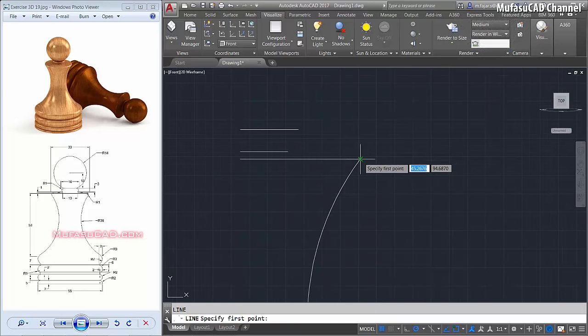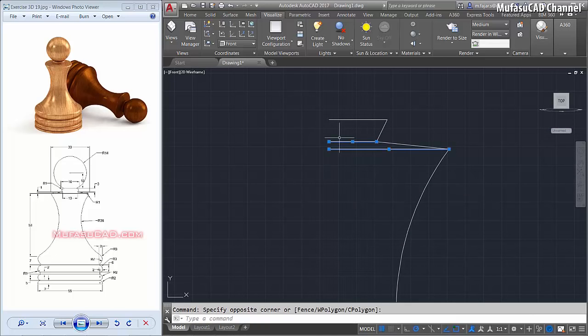We create a line from this point to here and then to connect to here. Enter again. Select these two line objects and then delete. I will use a fillet command with a radius about 1. Select this corner and then select this corner.